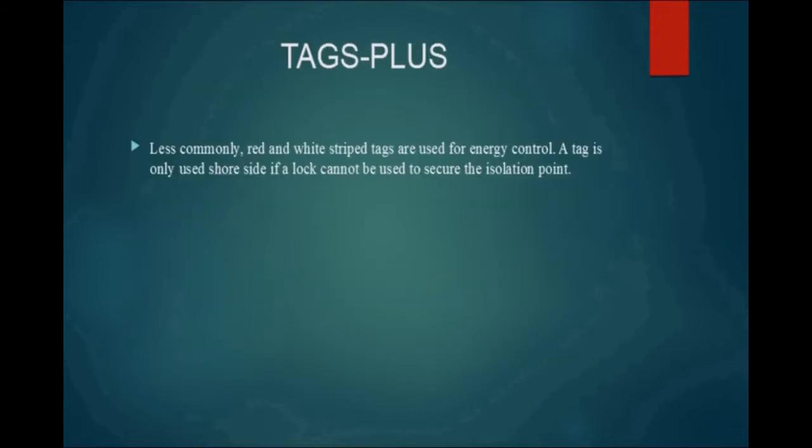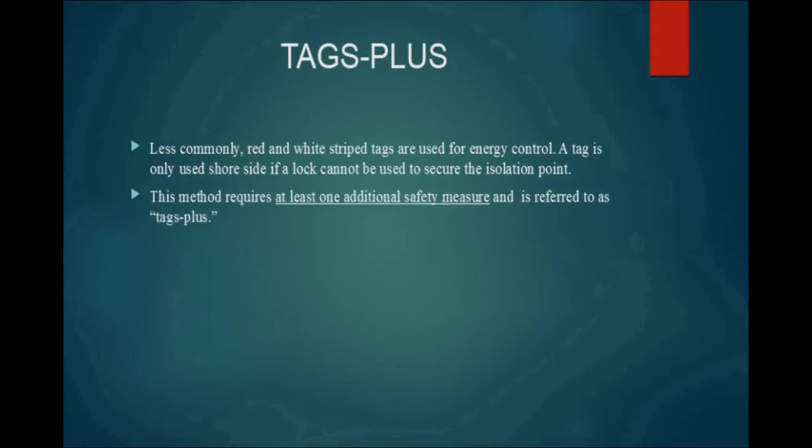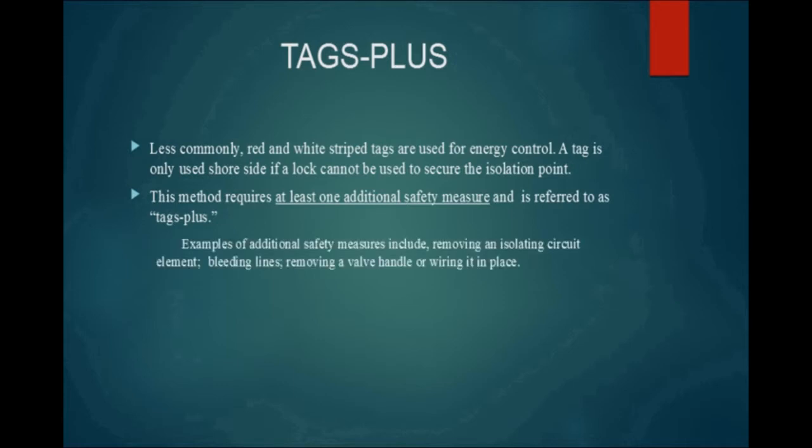TAGS Plus. Less commonly, red and white striped tags are used for energy control. A tag is only used shoreside if a lock cannot be used to secure the isolation point. This method requires at least one additional safety measure and is referred to as TAGS Plus. Examples of additional safety measures include removing an isolating circuit element, bleeding lines, removing a valve handle, or wiring it